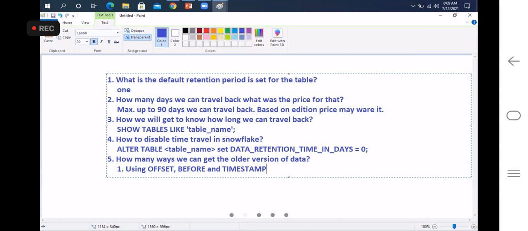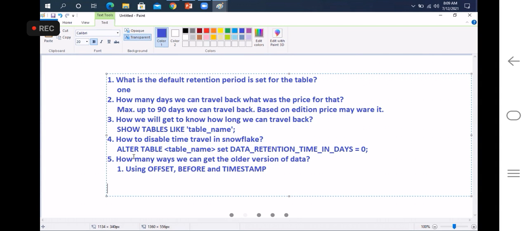Okay, so these are really important questions. Out of these 5 questions, at least you can expect any one question. If the people start digging deeper, then you may expect all these questions also. Okay, any questions? The important point here is, when we are working with time travel, it is always a good idea to create one backup table by traveling to the older version of the table. Okay,